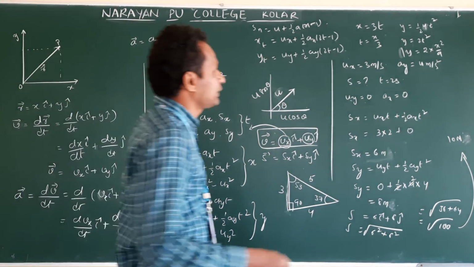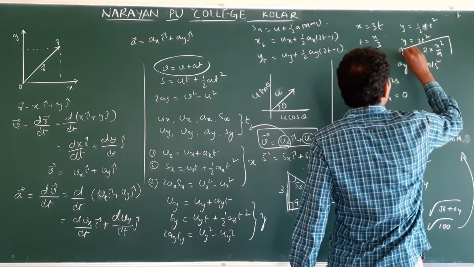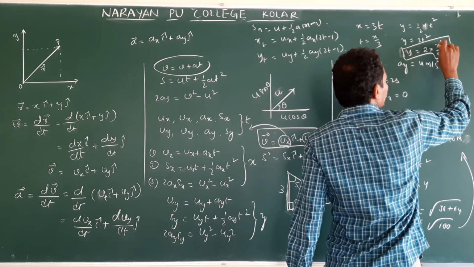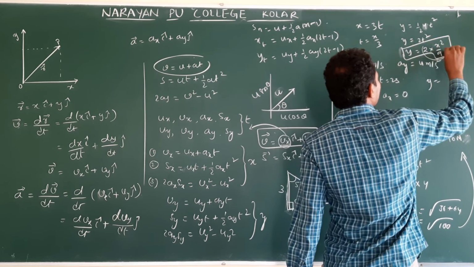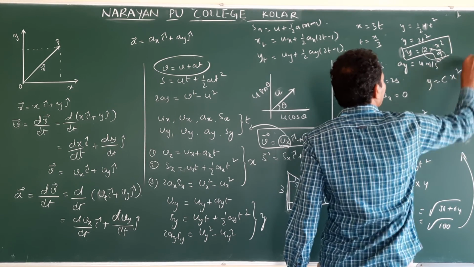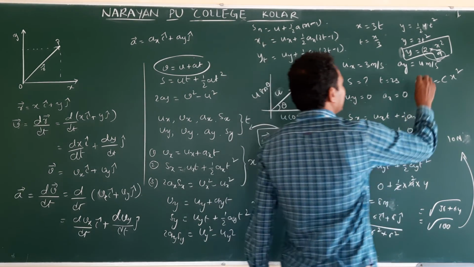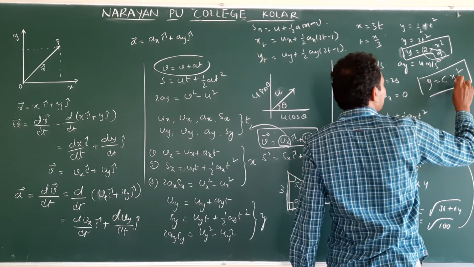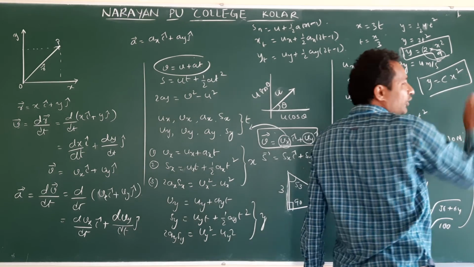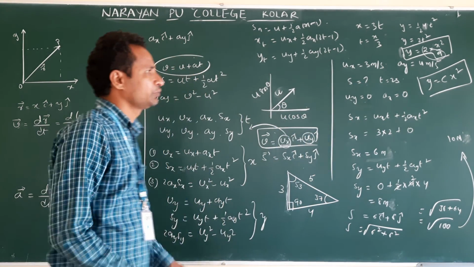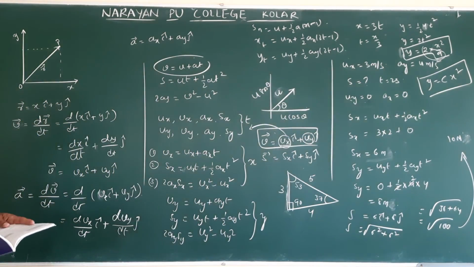Now this equation contains order, what is it? x power 2. y is equal to, let us say, if you take this as constant c, c x square. Mathematically, if the equation contains order 2, then that equation represents the parabola. So they have given the graph also. Clear?